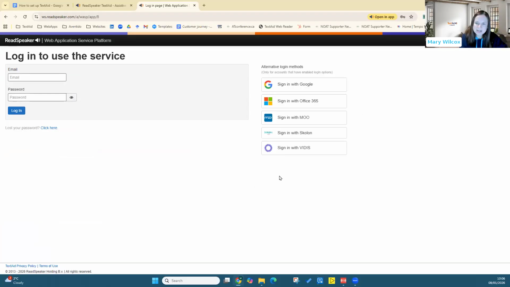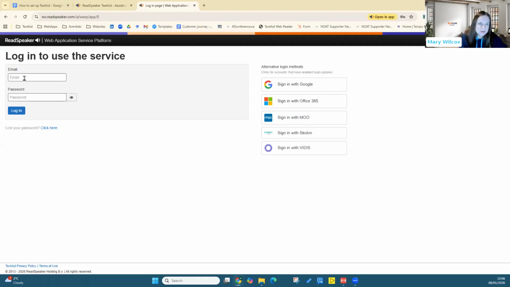This right-hand side is for single sign-in for site licenses. So if you're a school or a student at a university that has a site license, that's the way you sign in, and that's the way you create your account, by using the single sign-in, often for Office or Google. But if it's an individual account, like Access to Work, DSA, or just a general individual account, use